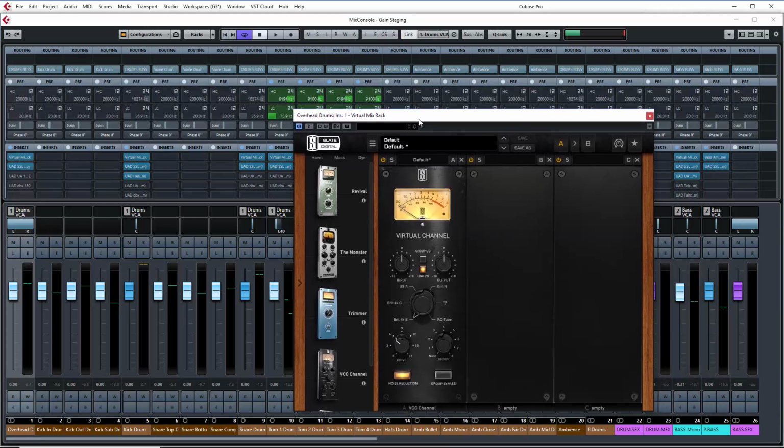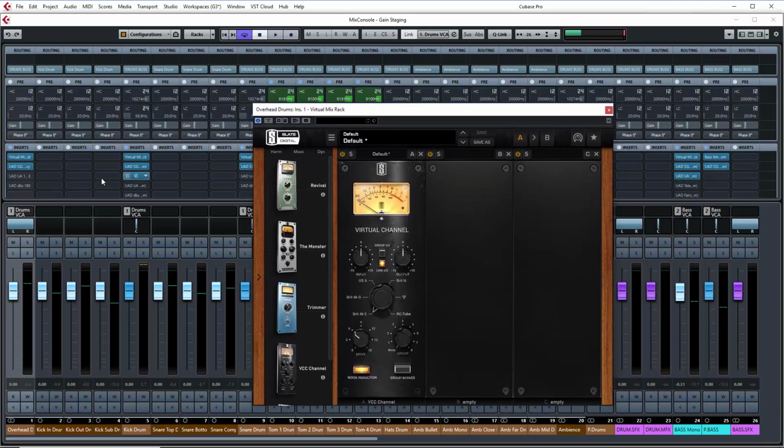Right, so if we start by opening up this virtual plugin on this window. Now, if you don't have plugins or you want to put a plugin on, you could put a meter on here, or you could just look at this meter and target somewhere respectable. Now, see this line here? This is what we don't want. We want something reasonable down here. Okay, so if we just start with this track here,